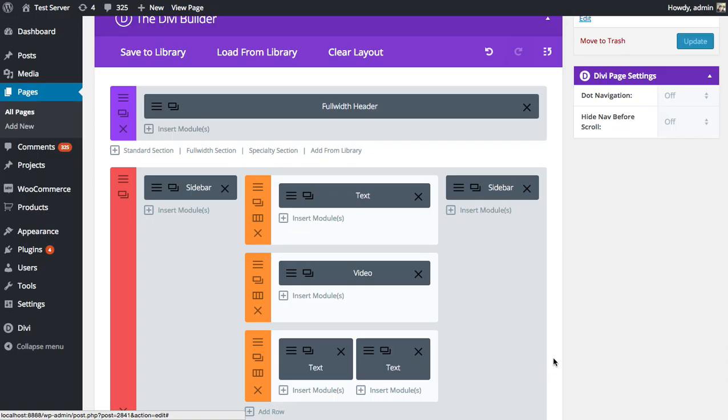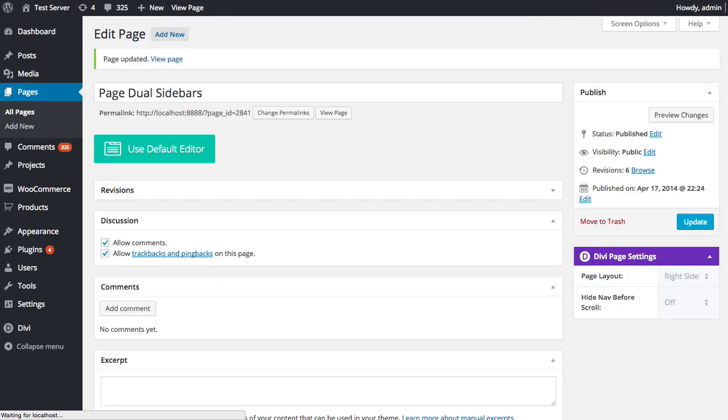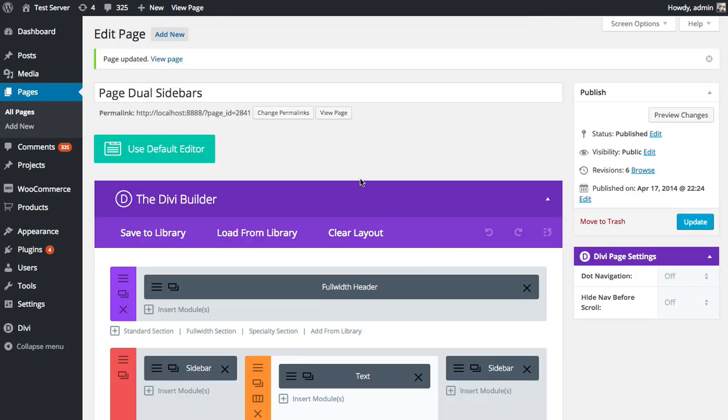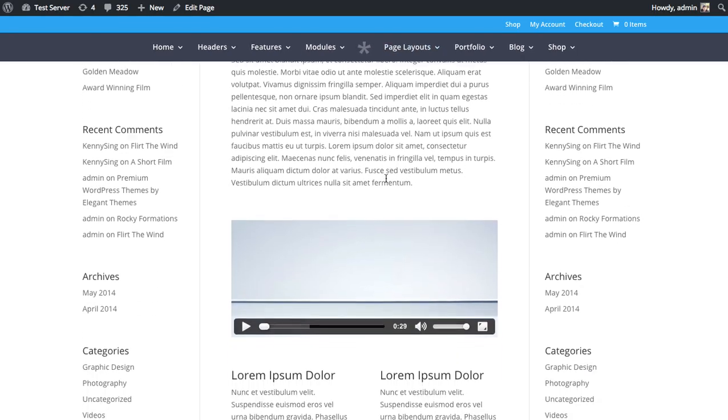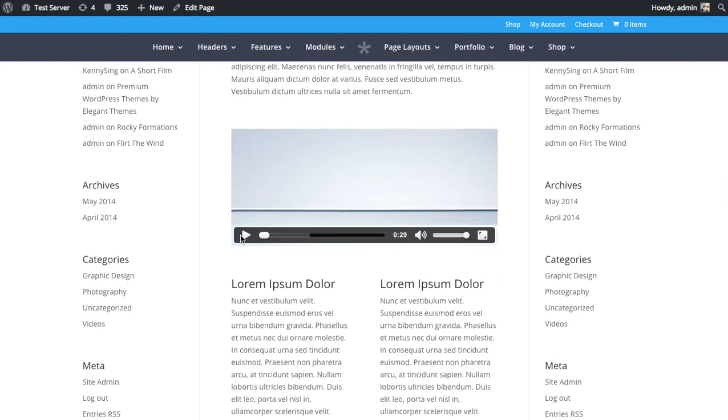And so I'm going to save and exit, and then we'll take a look at what we've built on the front end here, just to show you what it looks like. Taking a look at our page, we'll scroll down and see here's the section or the row we added and the video, and I can play the video here, which is just this water droplet. And there you go. And this will look nice in any browser, basically, that supports MP4 or WebM. Now, like I said, you can also